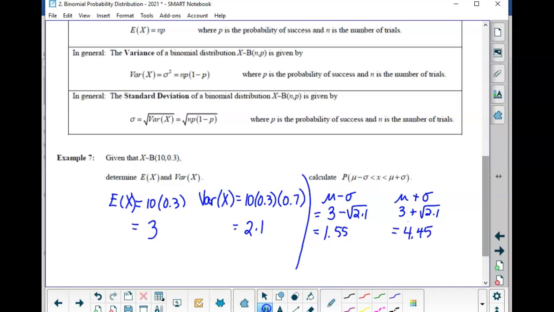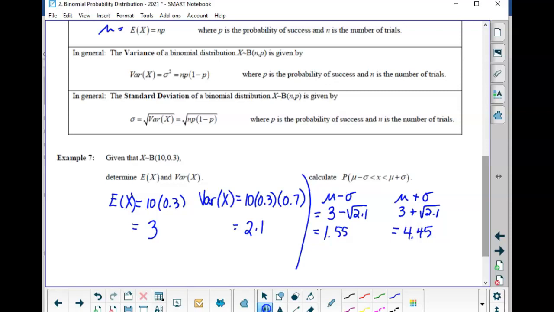Okay, so we want to find the probability where X is between these. So is mu like the mean? Yeah. Mean is the same as expected value for these probability distributions. Yeah, you can put that up here. Okay, so now though,